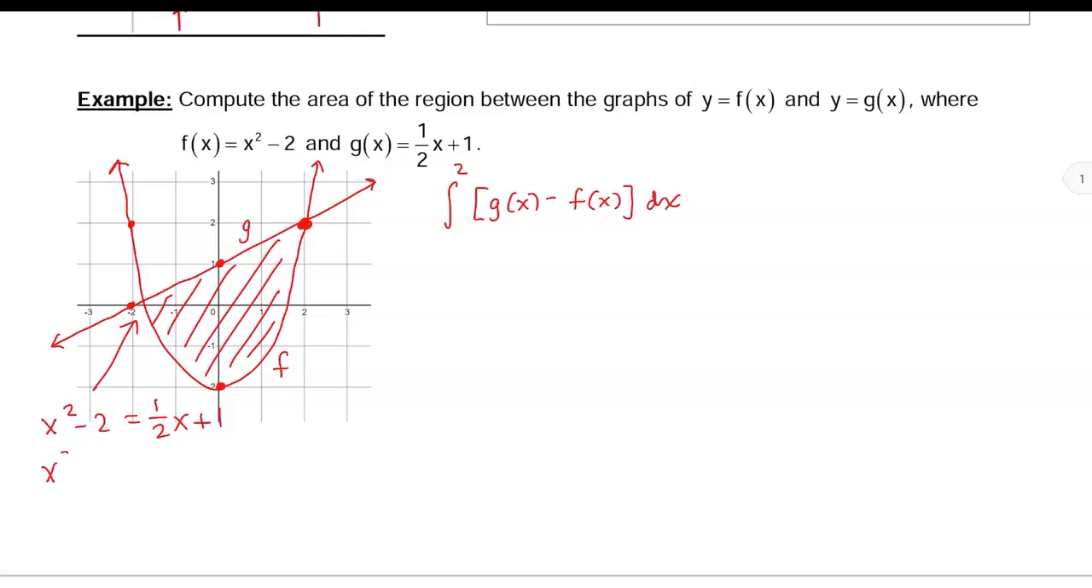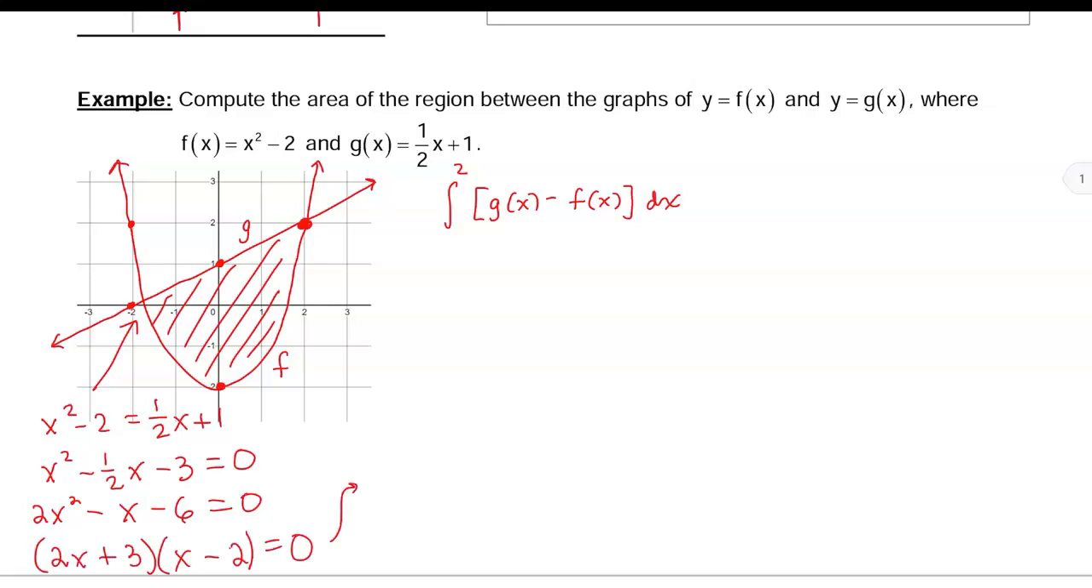So I'll get x squared minus 1/2 x minus 3 equals 0. I'll multiply through by 2, and then I'll factor. So x equals -3/2 and 2. We already knew that the upper bound on our integral was 2, so all we have then is the lower bound, which is -3/2. So go ahead and